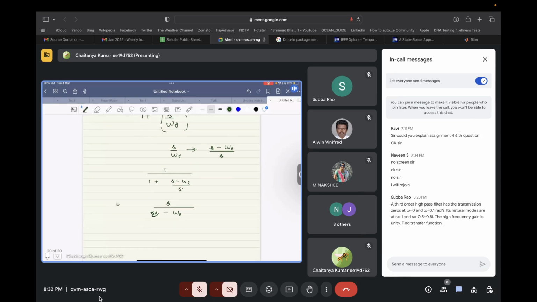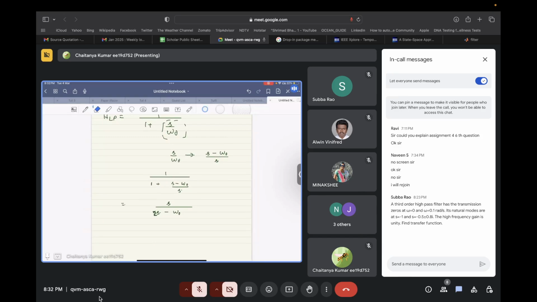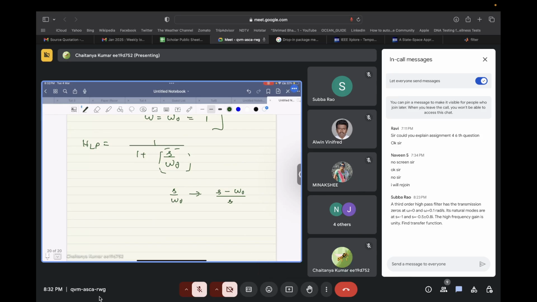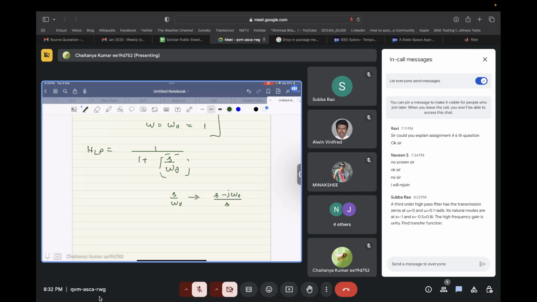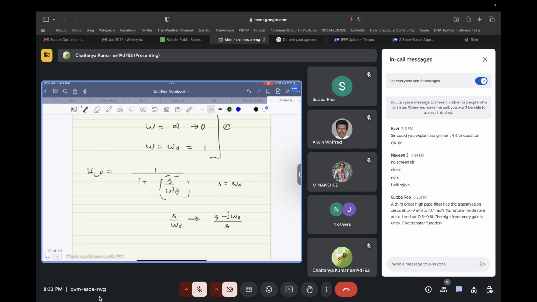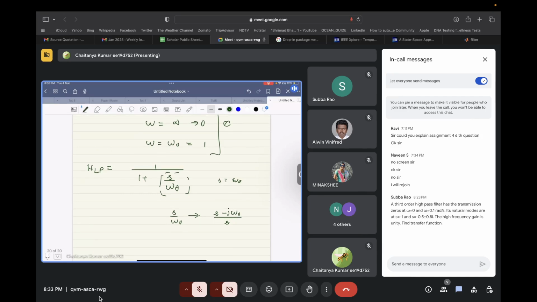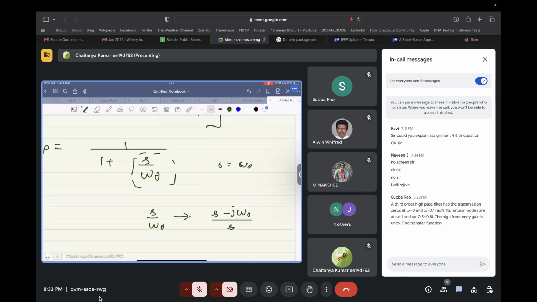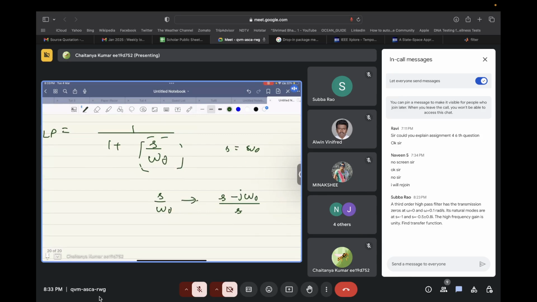So when this is equal to 0, just a minute, it's not this thing. So we want a j over here so that at s equal to j omega naught, we get this as 0. And at s equal to 0, we want this term to go to infinity. And that is happening in this. At s equal to infinity also, we want this term to go to 0, this term to go to infinity, and that can be made sure by